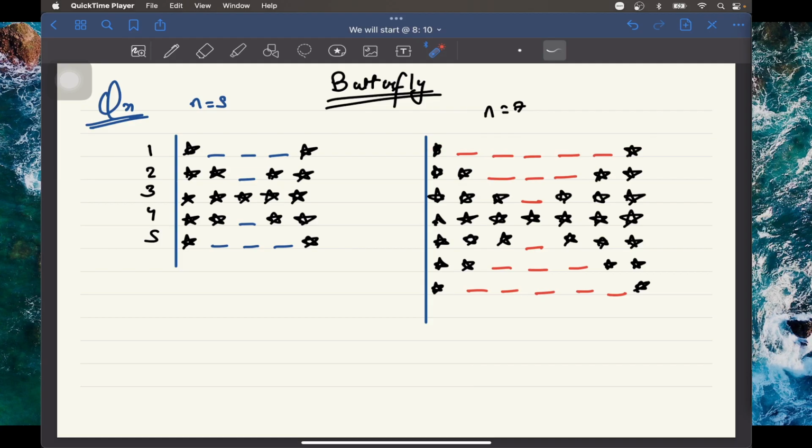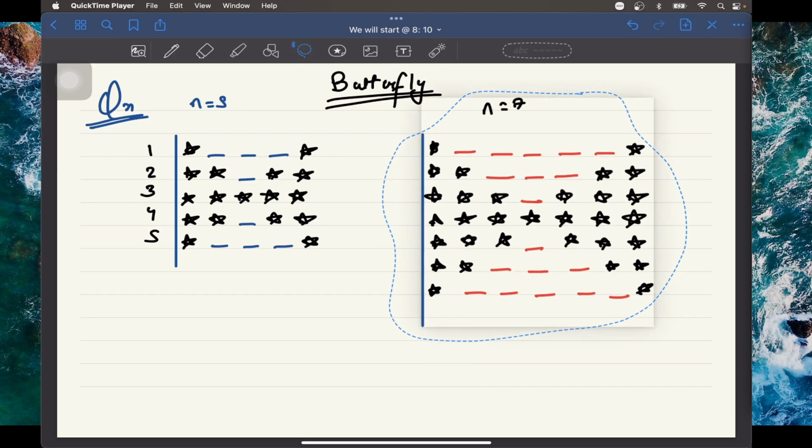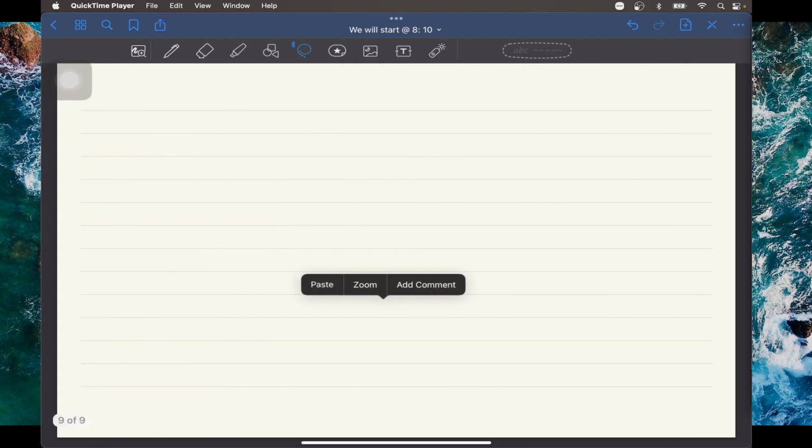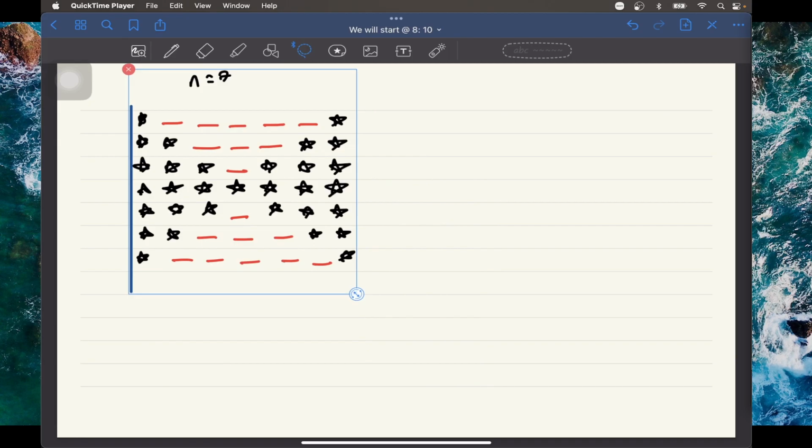Okay, so let's cut this out from here and try to figure out the logic. Let's try to draw some observations. In pattern-based problems, it's all about observation. The more observation you make, the better you will go with the algorithm. So let me write the row numbers that we are printing. The first observation that I can make is,